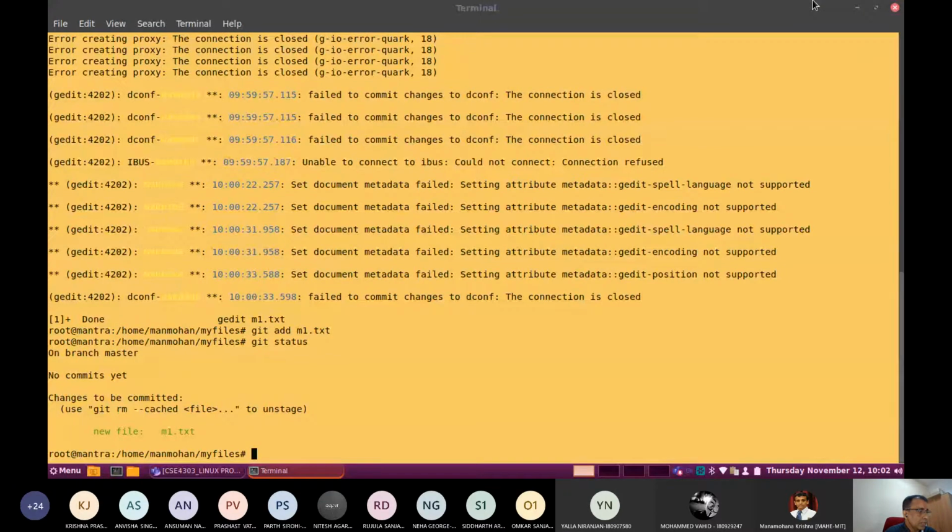Now we also added this. You can create one new file also, and multiple files can be there. Whatever changes are made, you can run git status, and that will tell you about the latest modifications, whatever has happened to it, etc.